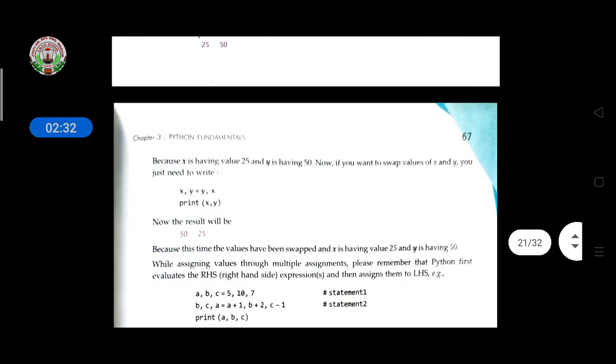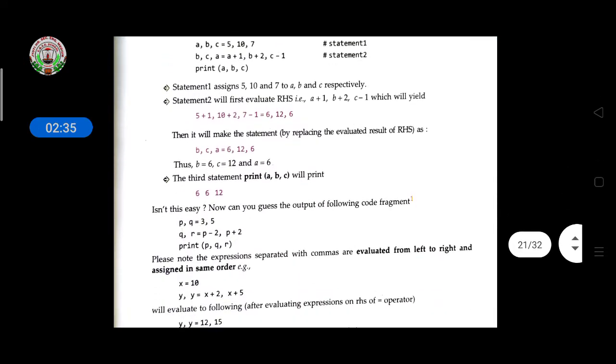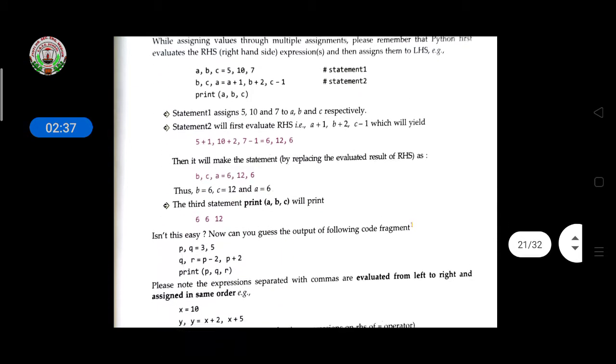Then assigning multiple values to multiple variables. Now here multiple values are there and multiple variables are also here. So x comma y comma z means multiple variables. Then multiple values 10 comma 20 comma 30 means the x value is 10, y value is 20, and z value is 30. Like this we will assign the different variables here. Then these are examples of how to assign variables with the statement given here, and how it will verify the values.